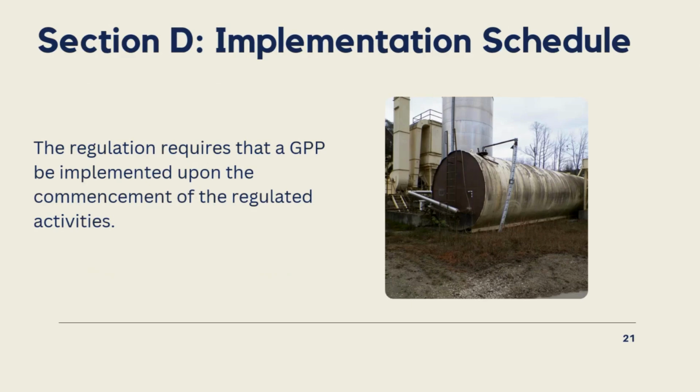The next section is the implementation schedule. Unless we get a GPP for a construction site, a site that's not been established yet, the implementation schedule is, hey, these are in place now, basically every time. Now, if we get a site that isn't built yet or is under construction, the implementation schedules basically say, hey, the GPP will be in effect upon X date when the facility opens. It's as easy as that.